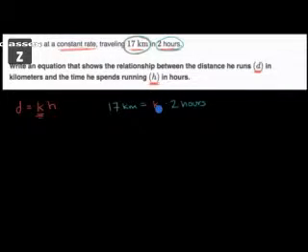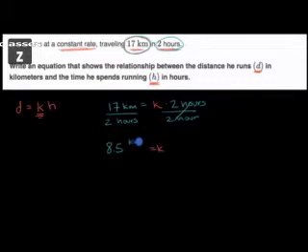Pause the video again and see if you can figure it out, if you didn't figure it out the first time I asked you to pause the video. All right, well, there's a bunch of ways to solve for k, but one way is to say, let's just divide both sides by 2 hours. So if you divide both sides by 2 hours, you are going to get that k is going to be equal to 17 over 2 kilometers per hour,